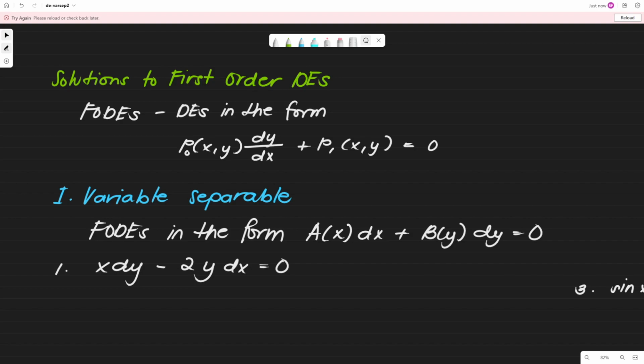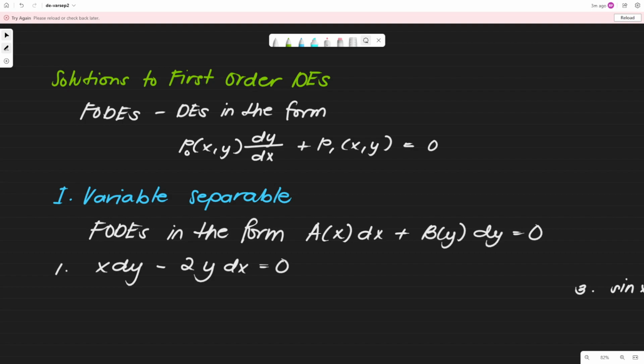So how do we know if the FODE, yung first order differential equation natin, falls under variable separable? So FODEs in the form of a of x dx plus b of y dy is equal to 0. These are variable separables, meaning we can segregate x from the y's, as well as the dx from the dy. So kapag ganun yung case natin at mapapagsama natin si x at saka yung dx, lahat ng may x at saka yung dx at saka lahat ng y with the dy, automatic variable separable yung ating